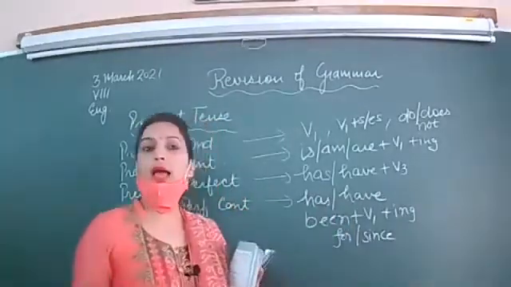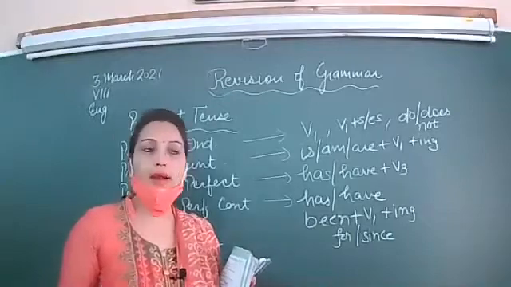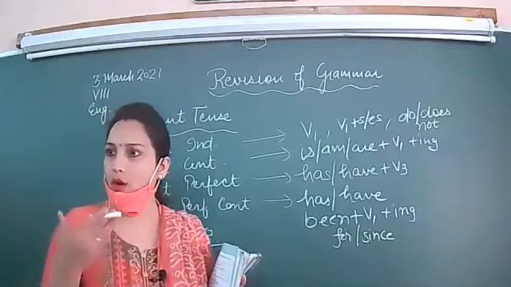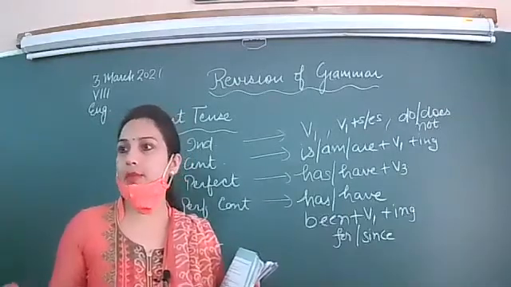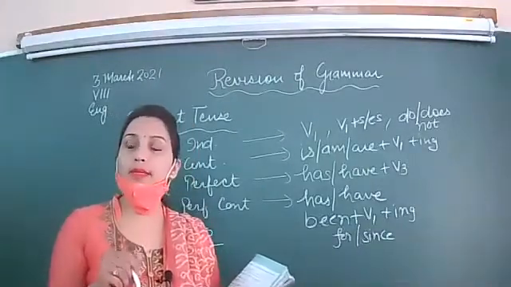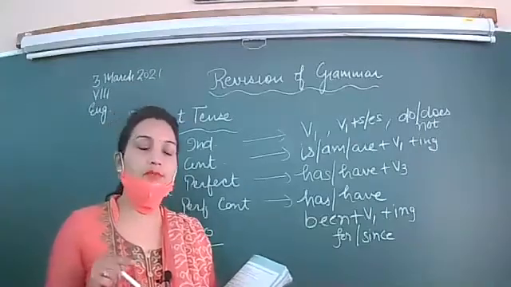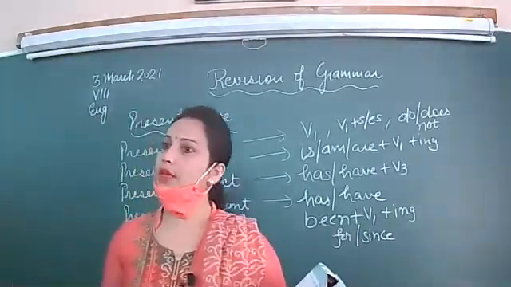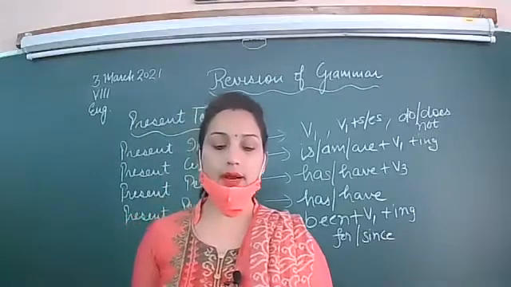For example, I have been teaching you for last 20 minutes. It means still the action is going on, but I have been teaching you for last 20 minutes. It means for last 20 minutes, this teaching has been going on, but still it is going on. But fixed time is for last 20 minutes. I have been taking these classes since September, but here point of time is fixed. That is exact month is given September. Then I will not be speaking for, I will be speaking since. I have been teaching you since September. Clear? So let's involve yourself in exercise E, page number 105.